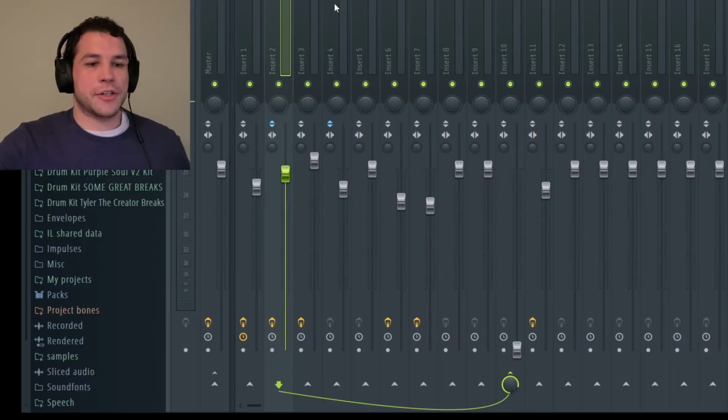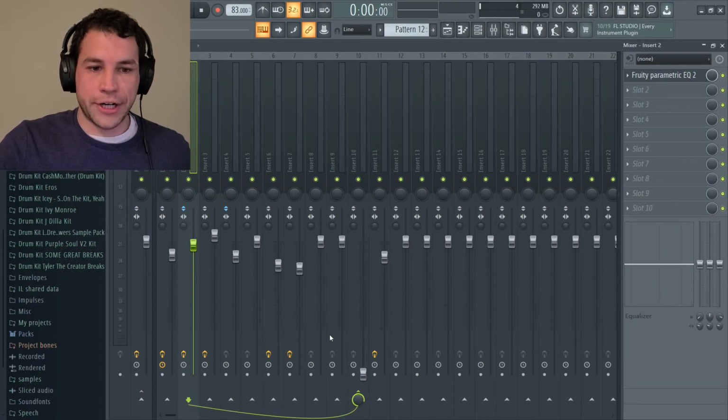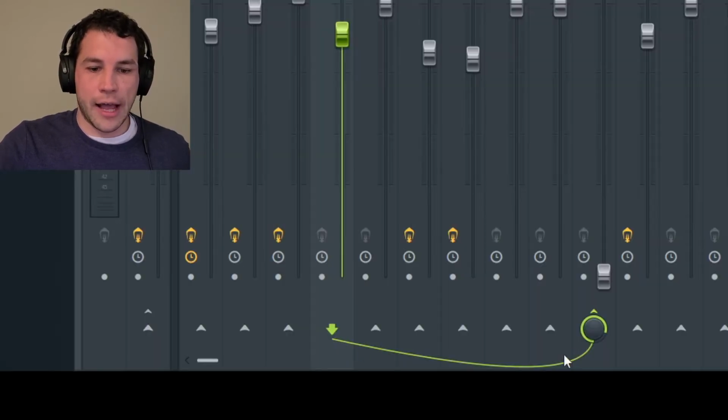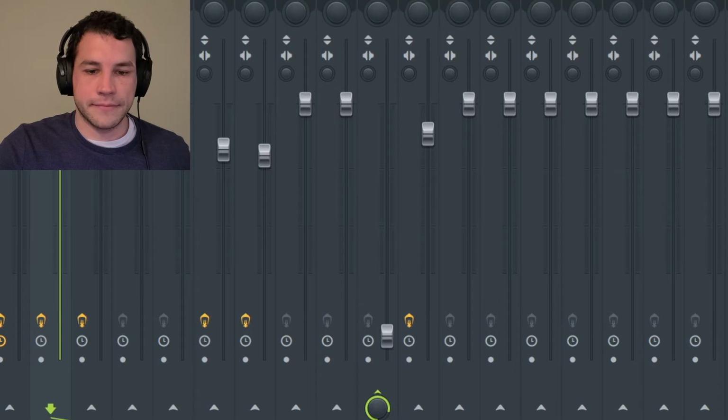So the way I did that is I took channels 2, 3, and 4, which are the hats, the kicks, and the snare, and I sent them all to their own channel right here. As you can see, this green line goes to that extra channel, which I'll show you how to do here in a second. And so as I play the beat, you'll see the automation clip with